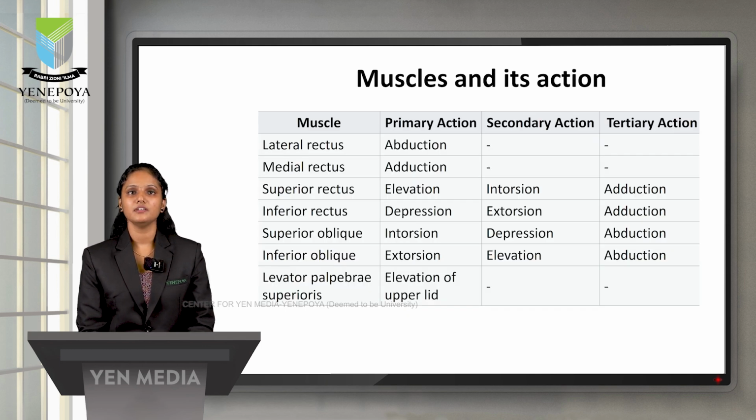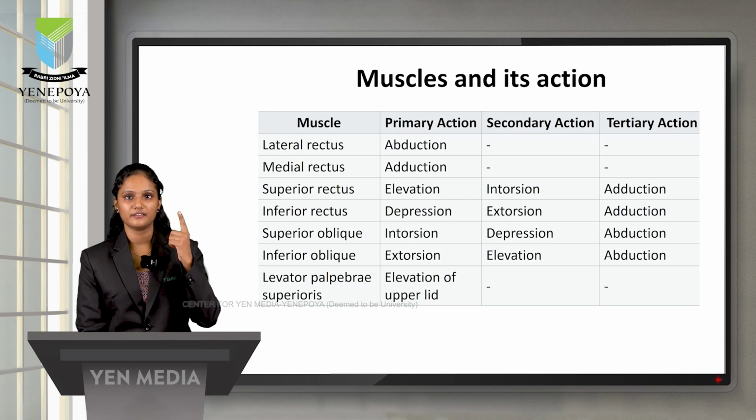So in this table the muscles and their actions are summarized. Here we can see that they have primary, secondary and tertiary actions. Lateral rectus and medial rectus have only primary actions, while the other recti and the superior oblique and inferior oblique have secondary and tertiary actions. So mainly the lateral rectus, which is situated on the lateral side, will help in abduction. The lateral rectus is placed on the lateral side and the medial rectus on the nose side, and